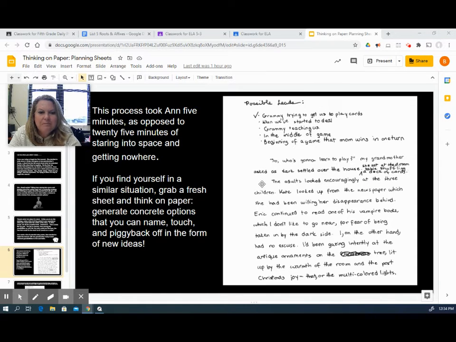space. The adults looked encouragingly at the 3 children. Kate looked up from the newspaper which she had been willing her disappearance behind. Eric continued to read one of his vampire books, which I don't like to go near for fear of being taken in by the dark side. I, on the other hand, had no excuse. I'd been gazing intently at the antique ornaments on the tree, lit up by the warmth of the room and the post-Christmas joy that